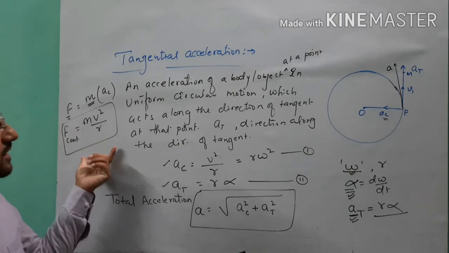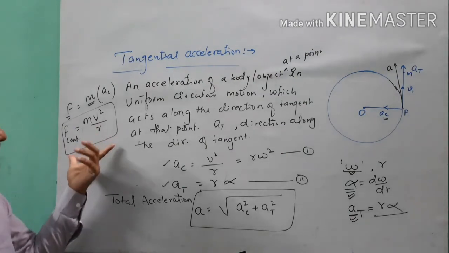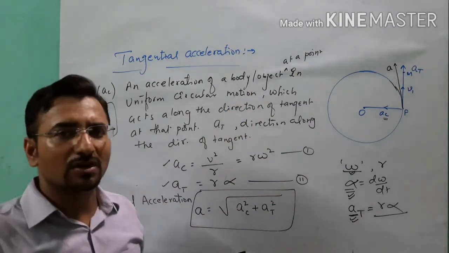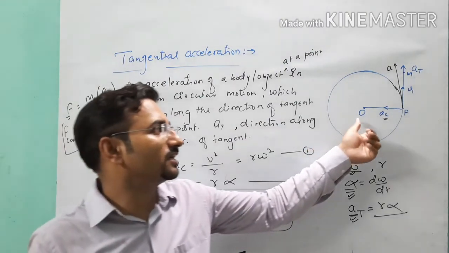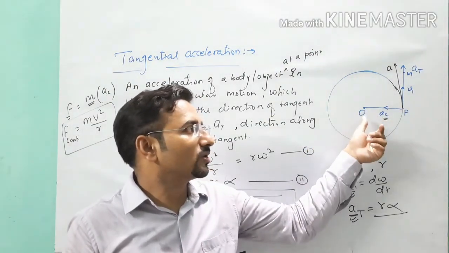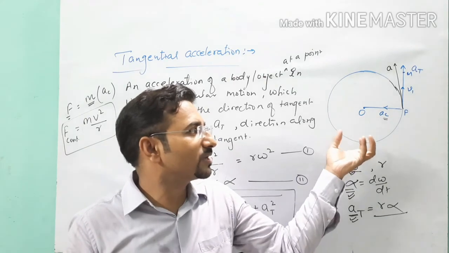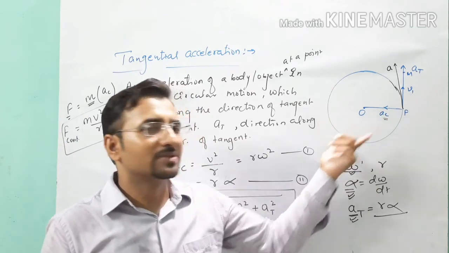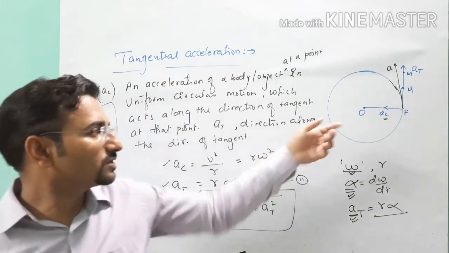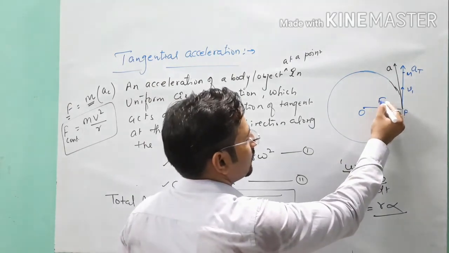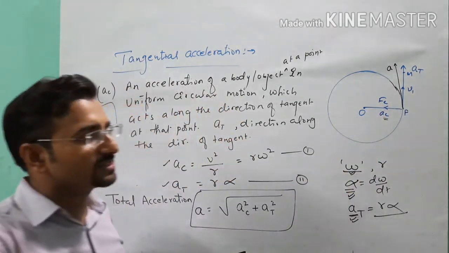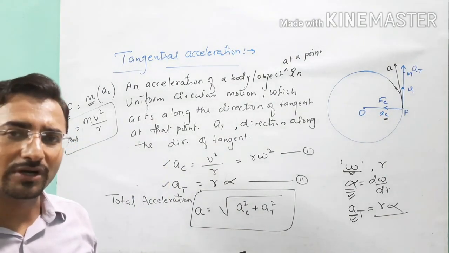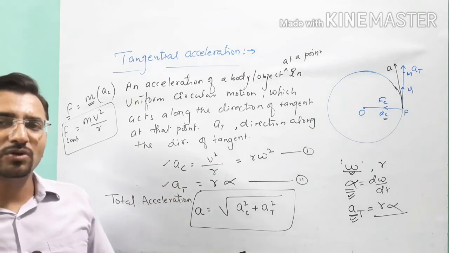We have one definition, and after that I will write this formula directly. You can write this formula here also. Centripetal force is the force which, when the object is in uniform circular motion, acts toward the center of the circular path. This force acts toward the center of the circular path, so it is denoted by Fc or F centripetal, and its value is mv square over r. It is very simple. Point clear? So dear student, pause the video and note down to understand the topics.